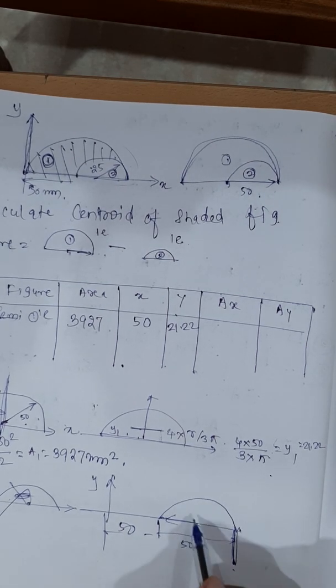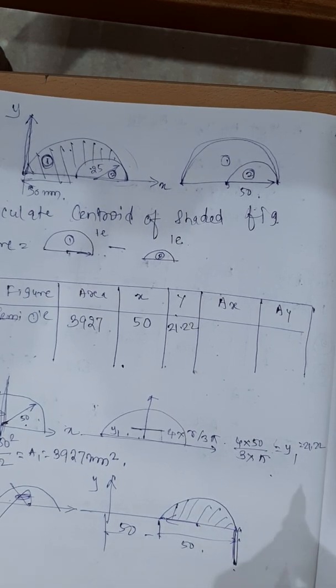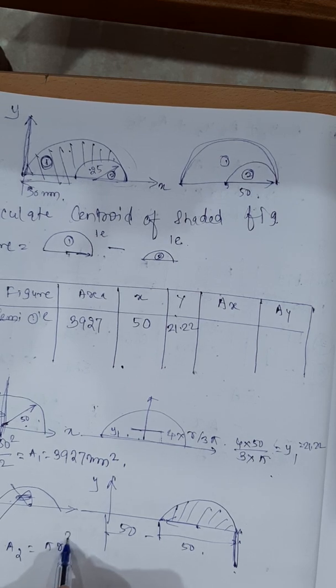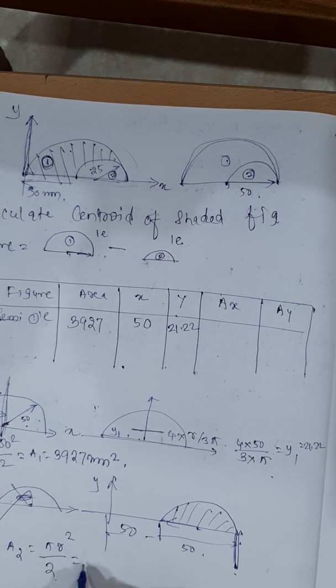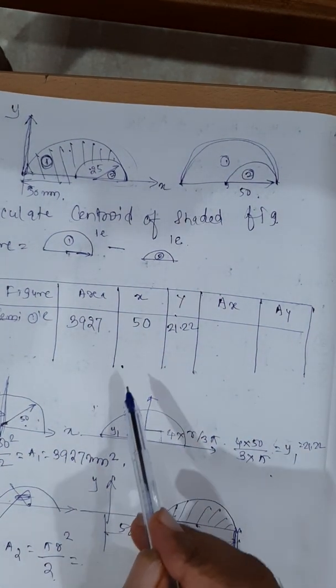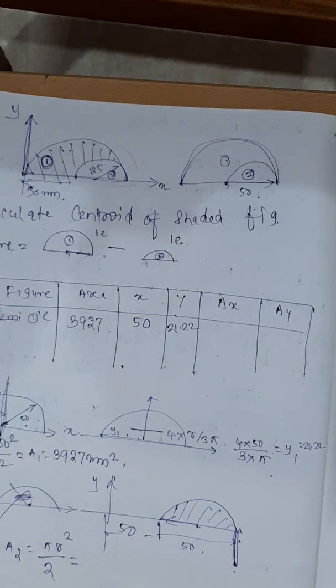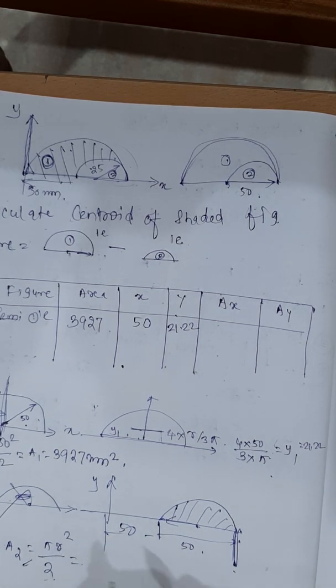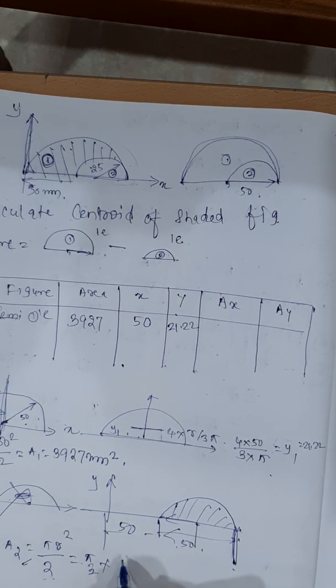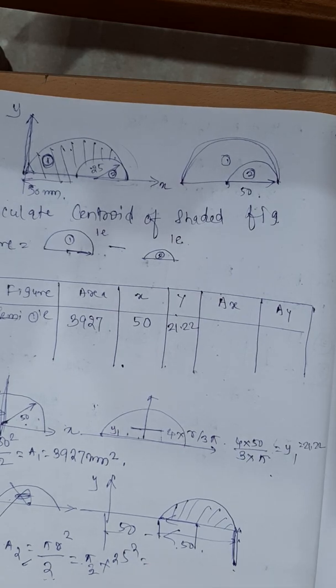Now this is what your second figure is. What is the area of the second figure? A2 is equal to 5r square by 2. But A2 is negative, because that area is to be removed. That is why A2 is to be taken as negative. While substituting, you need to substitute A2 as negative. A2 is equal to minus pi by 2 into r square, with r equal to 25, 25 square is equal to,